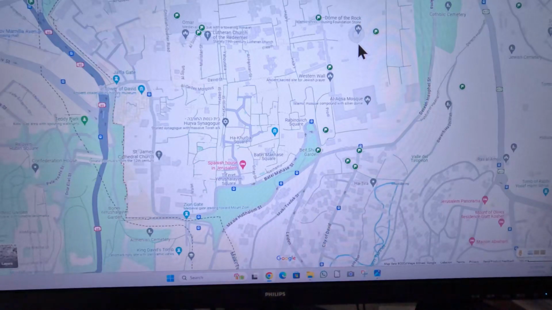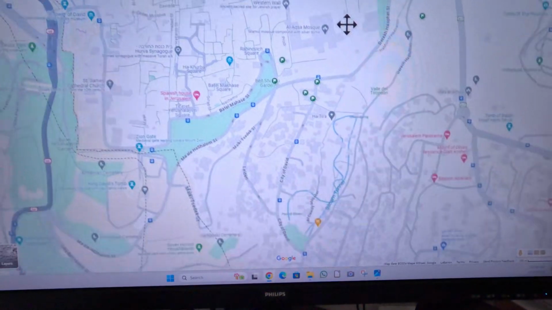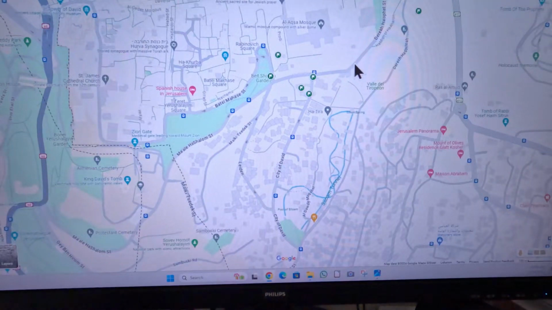I recommend that you look in my description for a video called The True Location of the Jerusalem Temple. It will give you a much better perspective of what I'm trying to talk to you about over here. So this is Google Maps. So you arrive over here, and